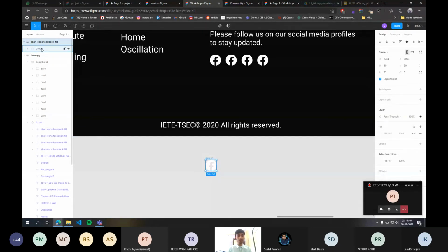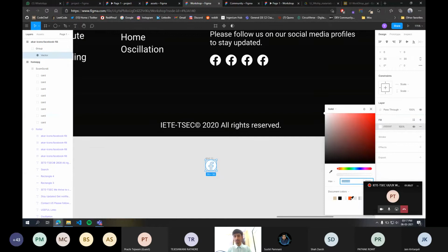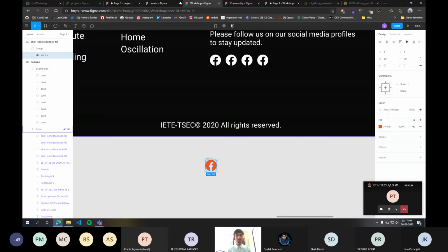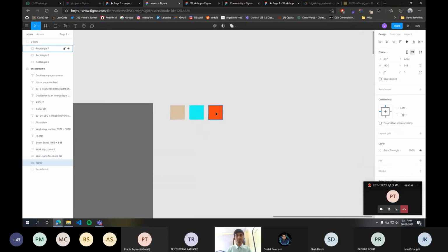You can drop down, extend this group, and select the vector. This vector is white in color, so we want it to be orange, right? So just go to the fill and change its color to orange. If you cannot find this orange, you can always go to the assets and select this orange from there.